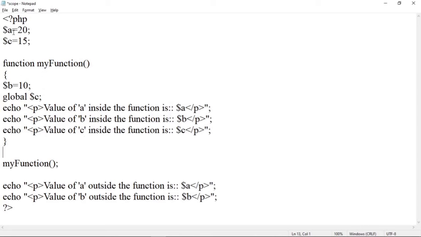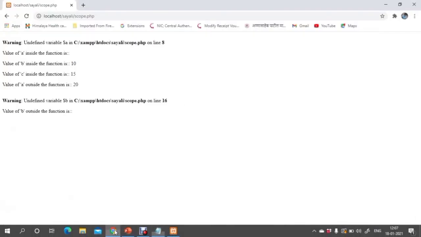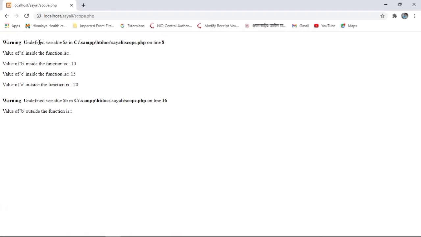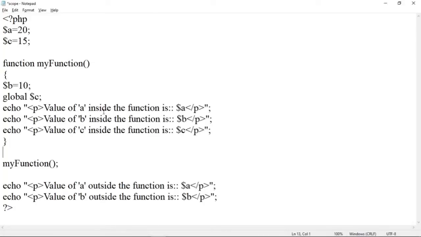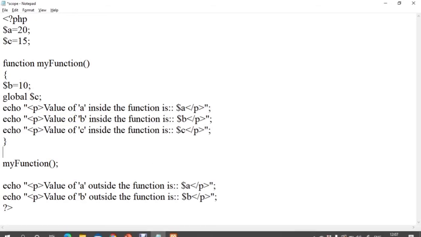It is outside of the function, and that's why it is not accessible here, and that's why the value of a inside the function is blank. See here, undefined variable $a at this line, because variable a is not accessible within this function. Now the second statement is the value of b inside the function. So check the output of it.